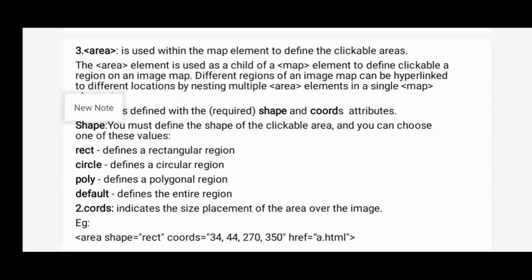And inside the area tag, what will we give? The shape attribute. The next one is the coordinates. Coordinates means you are creating one clickable area. For example, you have created a small rectangle spot, and the spot shape is a rectangle. And what is the size of that rectangle, from the left side of the image, right side of the image, from the top of the image, and from the bottom of the image?